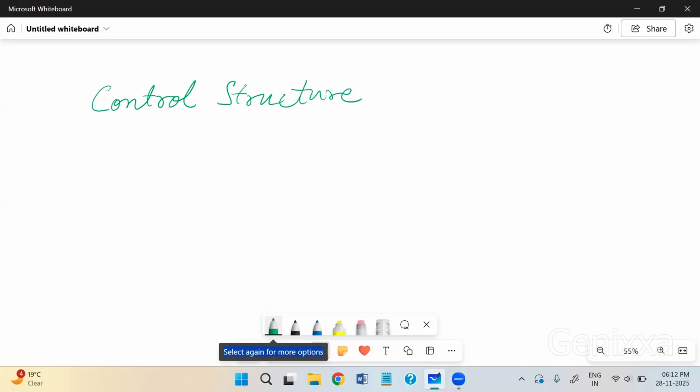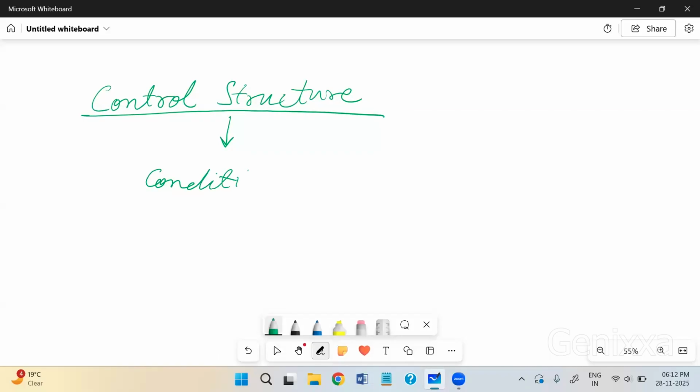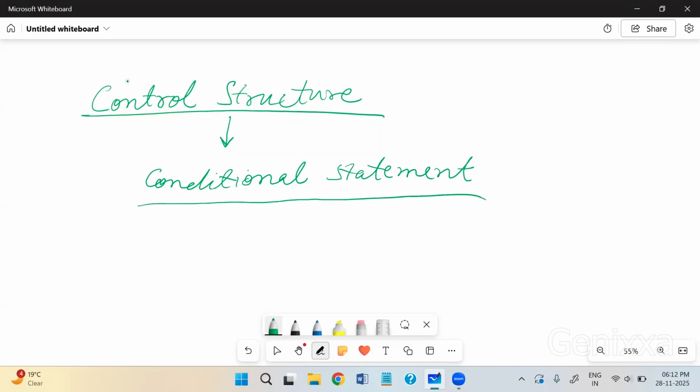So first, let us understand what is the focus of control structures that I'm talking about. For instance, we have here the first idea, that is control structures. In a very simplified manner, we call them conditional statements in any programming language. We call them conditional statements. As the name indicates,